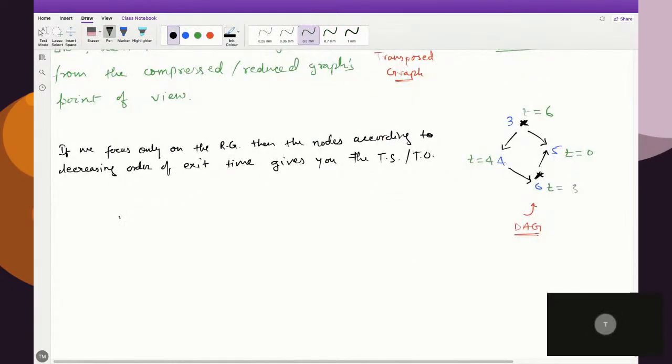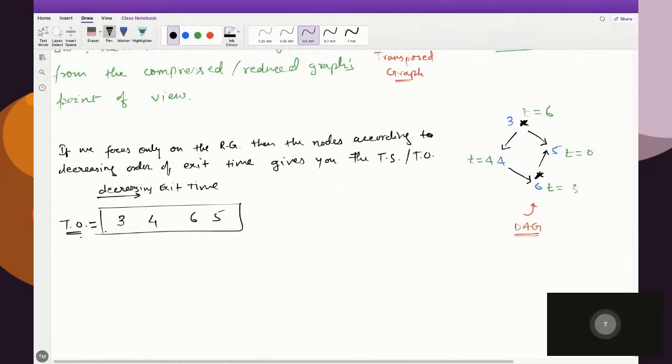Yeah. So if you order the nodes according to the exit time order, the nodes will be 3, and then 4 and 6 and 5, right? Decreasing exit time. So this is nothing but the topological ordering of these nodes. Okay,